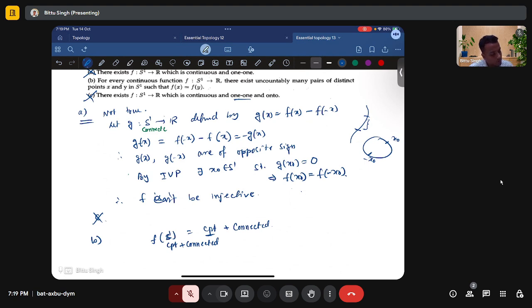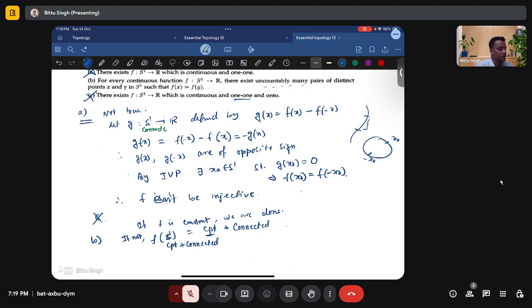So there are two choices. If f is constant, we are done. Every point goes to the same point. So there are uncountably many points such that f of x equals f of y. We are done. If not, if f is not constant, then